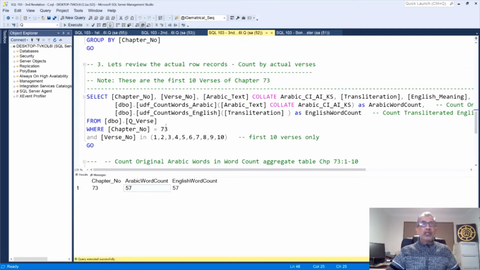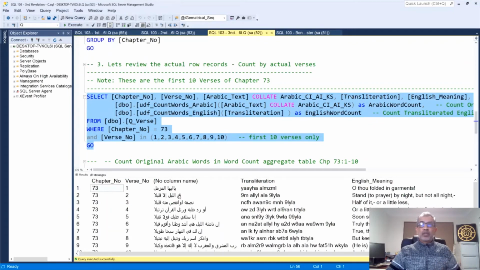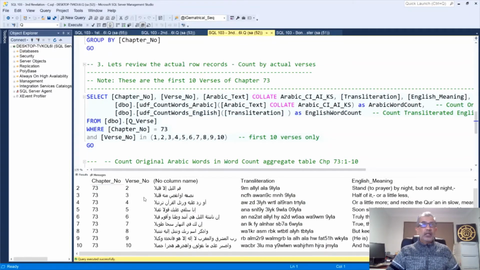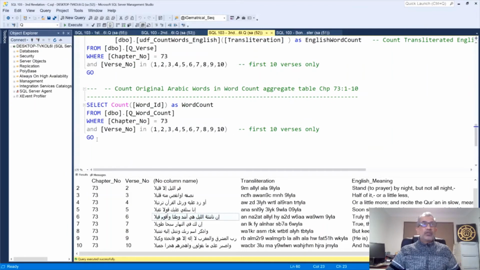Now, the other way to do it is, let's give a little bit more detailed presentation of what those verses are. You can see if I go over to here, 10 rows, which means 10 verses, but then there's lots of words. This is what the claim is all about, counting the words. Now let's use a third method to do that accounting.